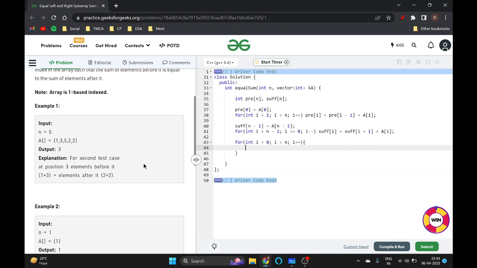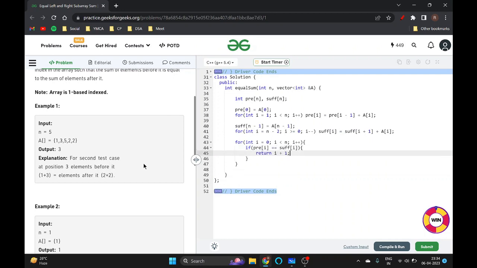So we will say that if pre of i equal to suf of i,